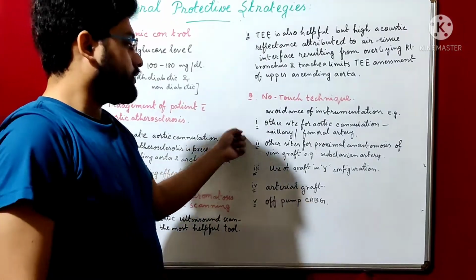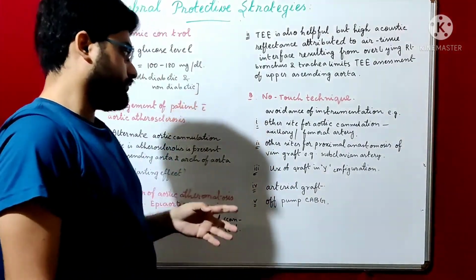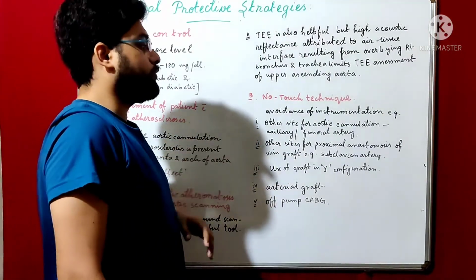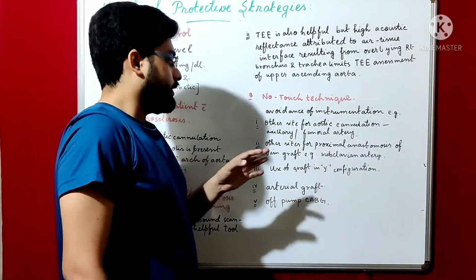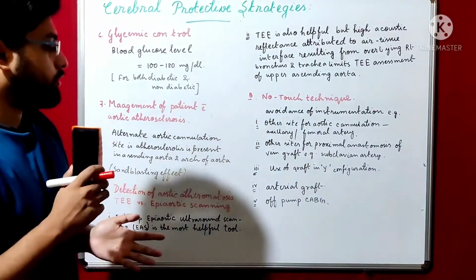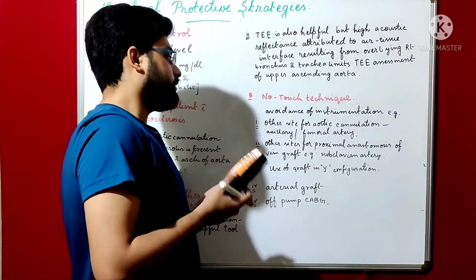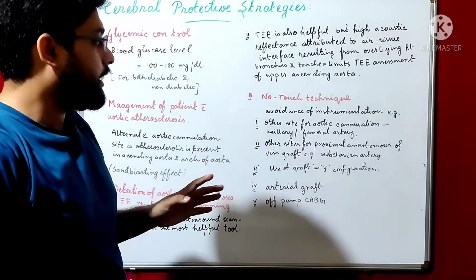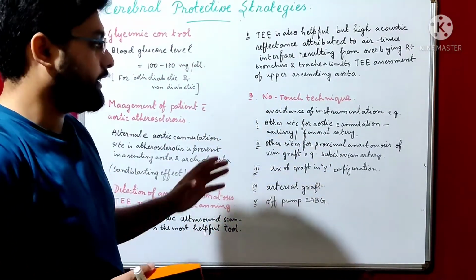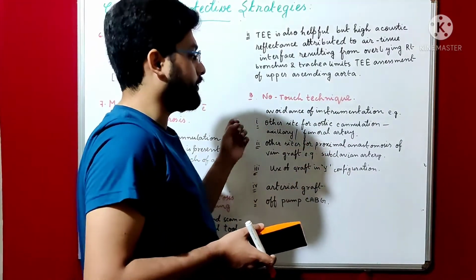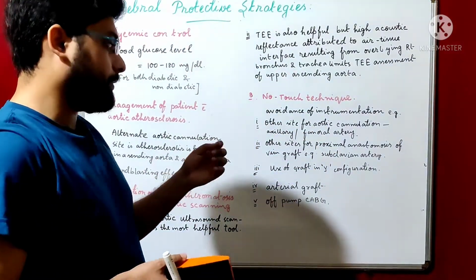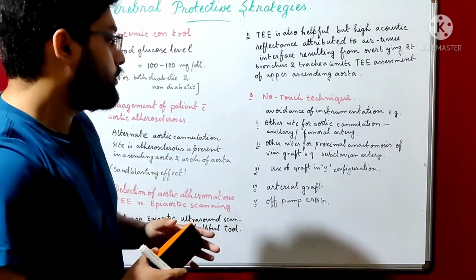Again, we all know that in case of CABG, a venous graft is used. The proximal anastomosis is done at the root, so there also we have to use partial clamping. To avoid that, what can be done? Another site for proximal anastomosis, which may be the subclavian artery, that is, the vein graft is proximally anastomosed to the subclavian artery. The blood supply goes from the subclavian artery to the coronary artery.